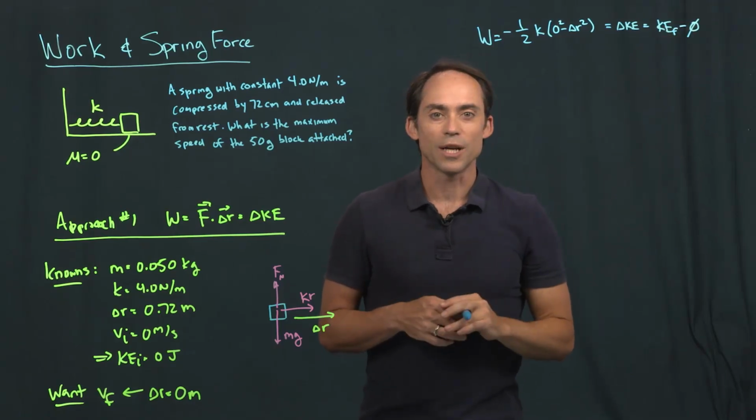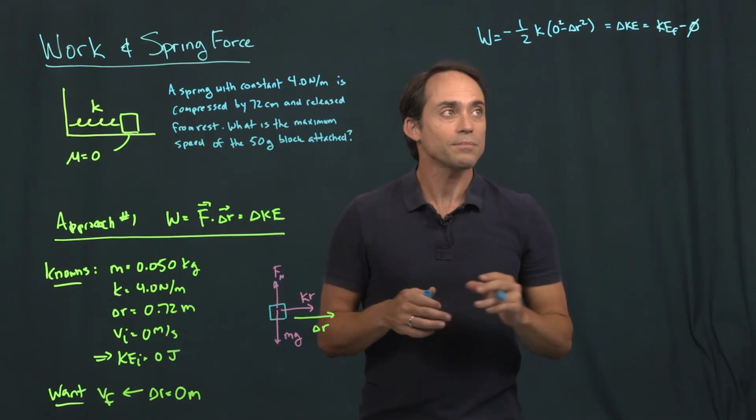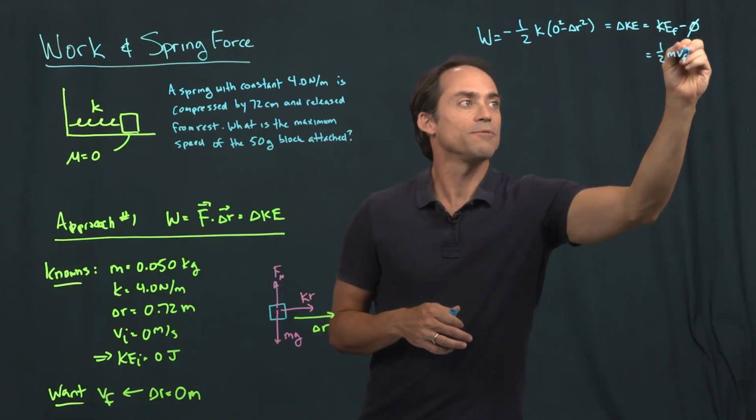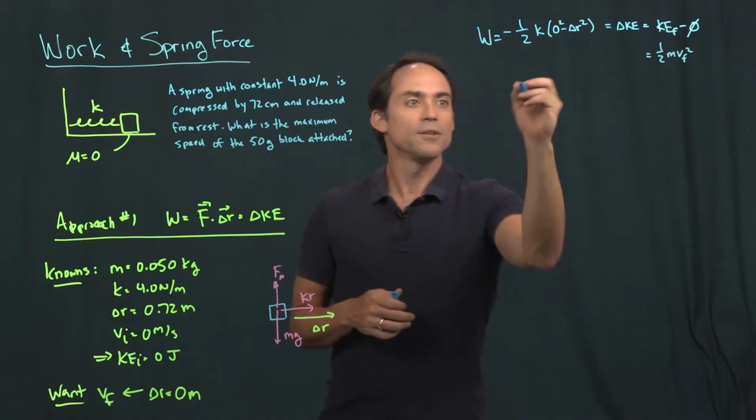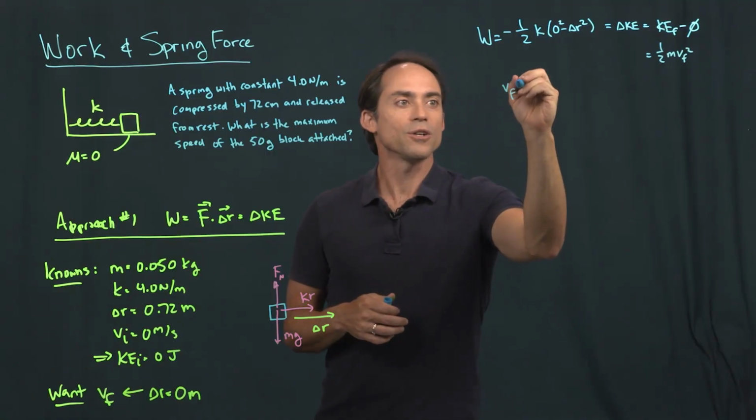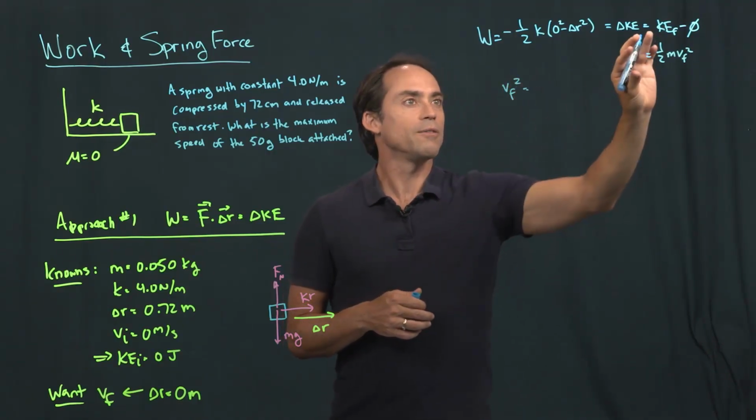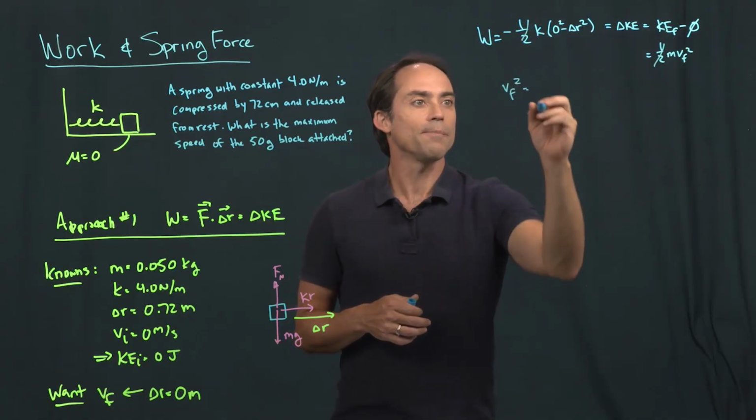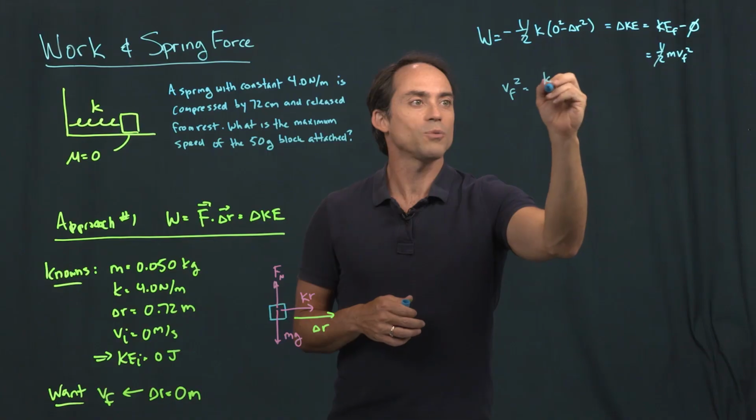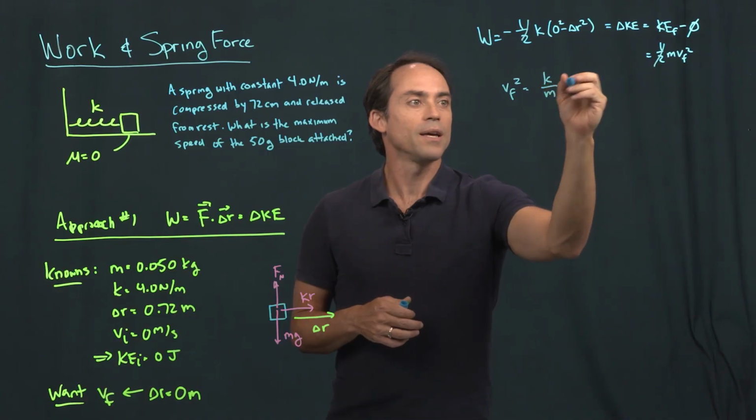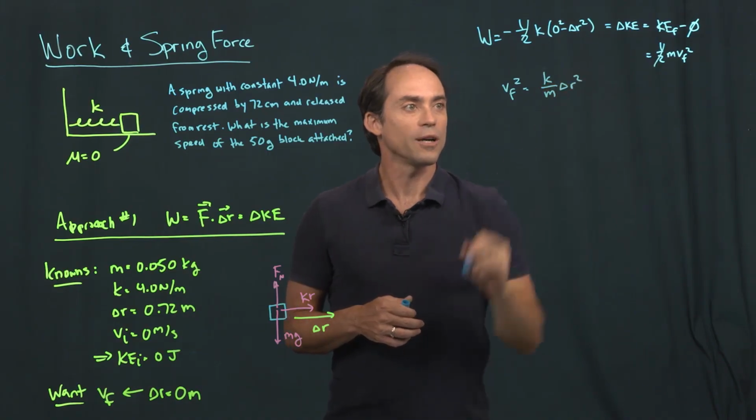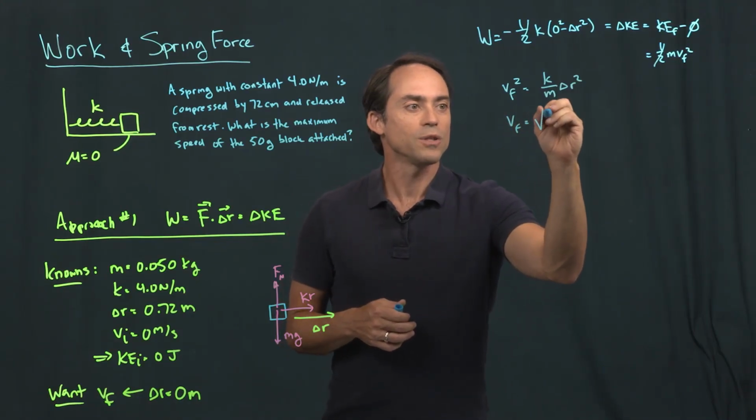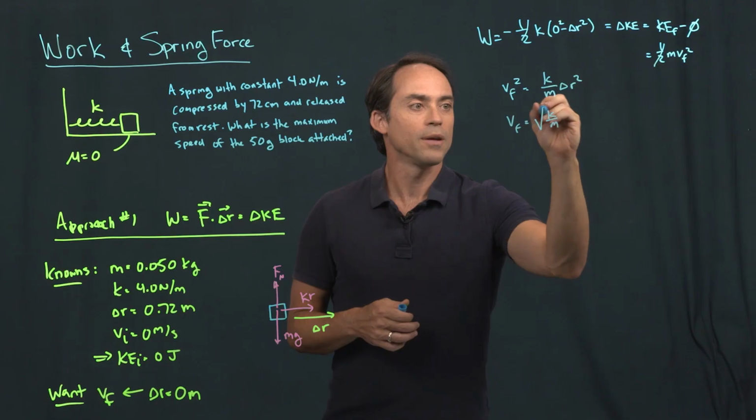So we're just computing now the final kinetic energy. And that, of course, is equal to 1/2 times mass times the final speed squared. So we can rewrite all these terms. If I cancel out our 1/2 and I divide by m, I'm going to get Vf squared is equal to K over m times delta R squared, or Vf is equal to the square root of K over m times